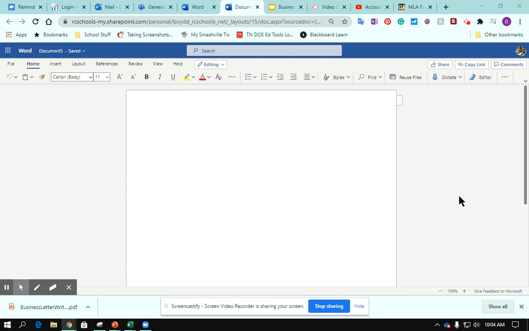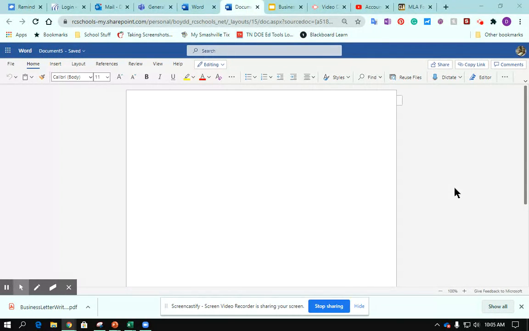Okay, I wanted to spend just a couple of minutes going over some basic functions in Word Online. I know y'all don't always use it. You don't use it very often, so some of you don't know how to change margins, orientation, things like that. So what I have open here is a blank default Word document, and it's open in Word Online, not